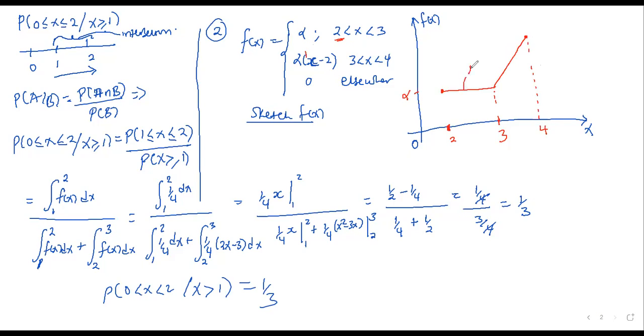Hence, this is where alpha is. This is where we have alpha into x minus 2. Then up here, we shall have what? When you substitute x is 4, you will get 2 alpha. So that's the shape of the graph. Then they said, hence find alpha. I told you here you can use area under the graph. When they say hence,